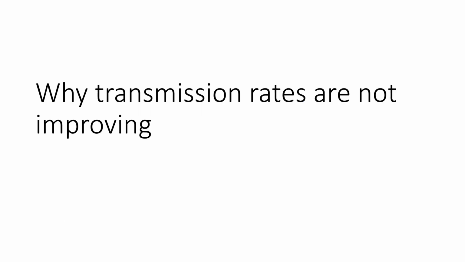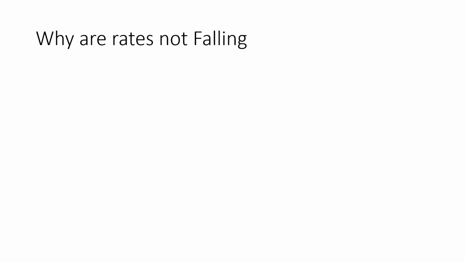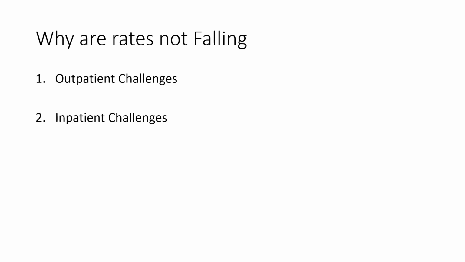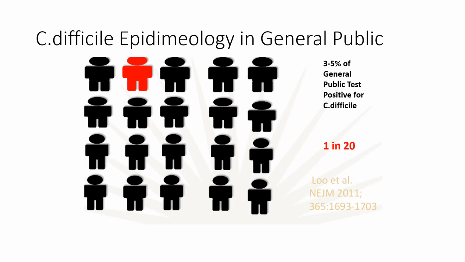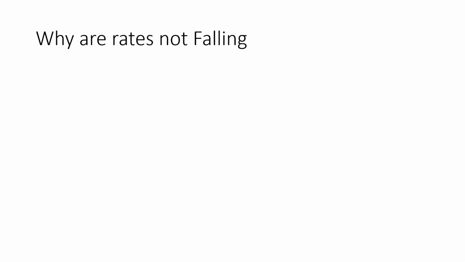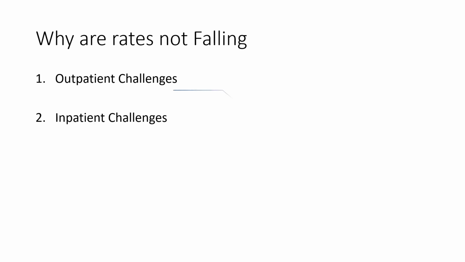Transmission rates are not falling because of outpatient challenges and inpatient challenges, and they both contribute to Clostridium difficile spread through sources in the community, and spores are everywhere, like pets, water, soil, infants, outpatient antibiotics, food sources, and parasites. 25% of the general public test positive for Clostridium difficile. They may succumb to the infections. Why are rates not falling? Because of outpatient challenges, inpatient challenges,